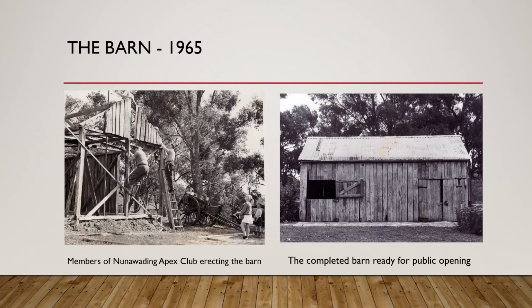The barn is believed to have been built in the 1860s and was donated by the Ansell family of Olinda. During 1964 to 65, it was dismantled and transported to the Schwerkolt site, where it was re-erected by members of the Nunawading Apex Club. The Apex Club annual report for 1965 identifies that 124.5 volunteer hours were spent on the